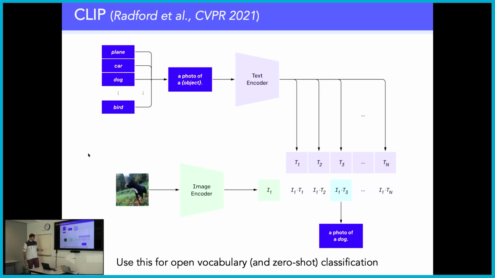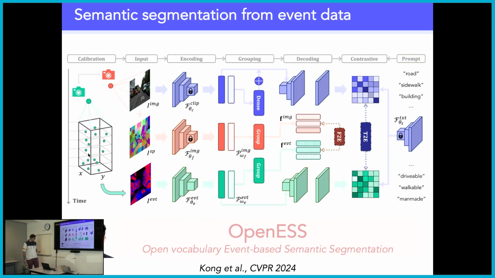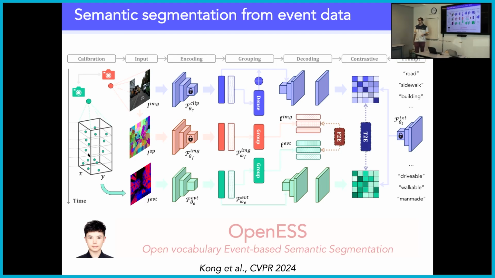This is work that was done by Lingdong Kong, who's a very smart PhD student at the National University of Singapore. He presented that at CVPR last year. The architecture of the network is a bit complicated, so I won't go through the details, just to give you a taste of what he did. This part of the network, these are RGB images, these are event-based images. Here he used voxel grids and other representations. Actually, he tested different things.